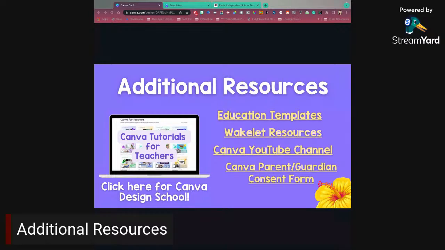And with any other program, you still just need to be very cognizant that there are different types of graphics in there. So just make sure you have those talks with your students about what's appropriate for school and what they need to be searching. But we have linked that parental consent form there for you. So you could go ahead and just print that off directly from these resources and get that sent home